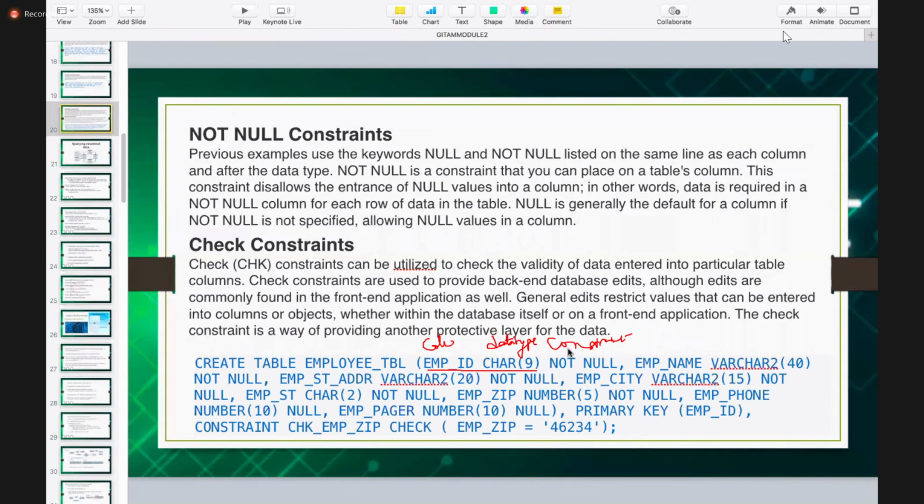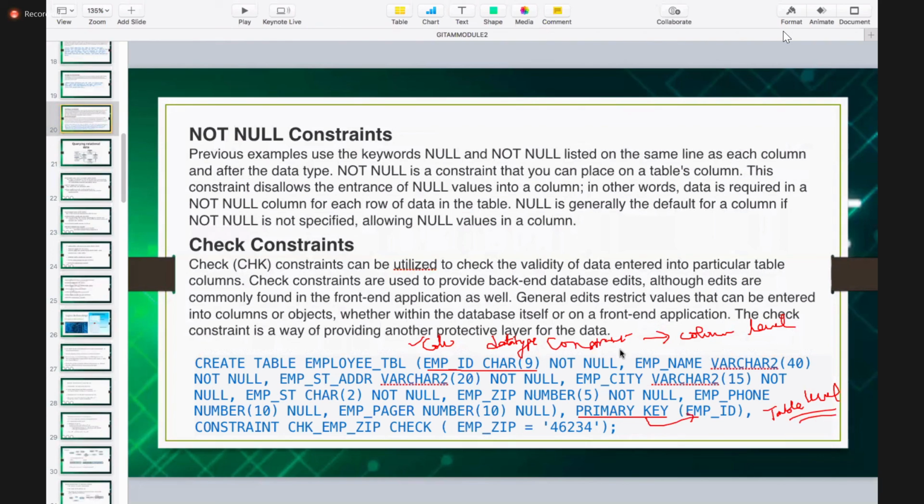So when you specify the constraint beside the column, it is called column level constraint. Means you are specifying at column level, right? But when you specify the constraint at the end of the table, look here, primary key of employee ID. This is called table level constraint. Are you understanding? If you give the constraint right after the column, it is called a column level constraint. If you give it at the end and say primary key of a specified column, it is called a table level constraint.